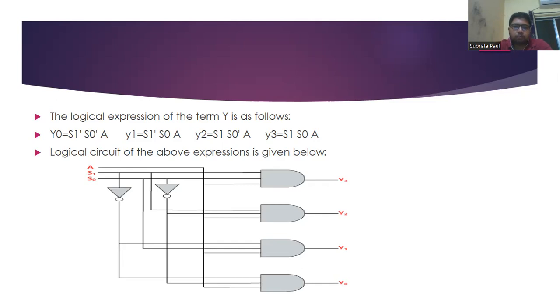So you see, for the complements we have used NOT gates, and the other inputs are directly connected to the AND gates. There are three-input AND gates that are used, and we get the four different outputs. This is up to the first part of the demultiplexer. Higher order demultiplexer designs are also possible, that is 1 into 8 demux,